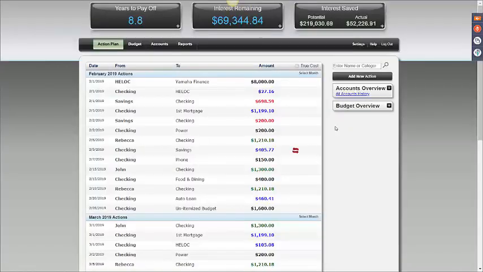So if we save this, we can see our $8,000 ATV that we're purchasing from Yamaha Finance. And it's an $8,000 ATV, but look what it did. It only added 0.5 months to our overall. So we're now at 8.8 years to pay everything off, including the ATV. We were at $61,000 in interest. We're now at $69,344. We were at $227,339 potential. We're at $219,030, and our potential is still at